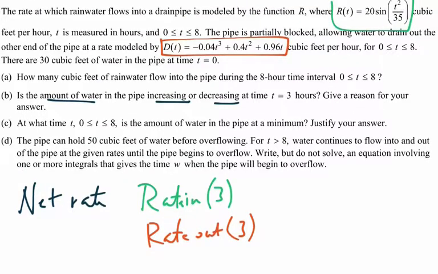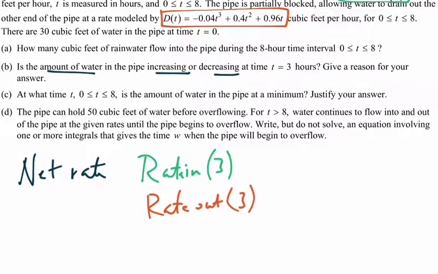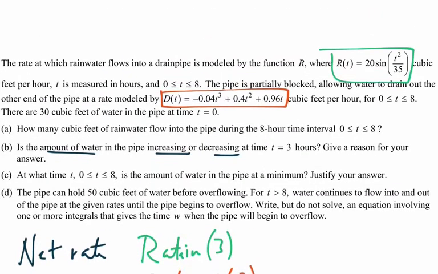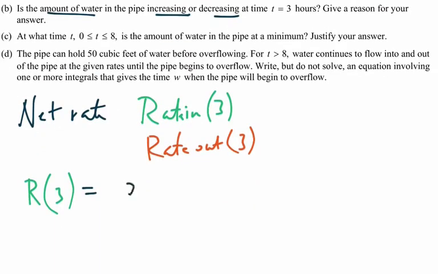Well, what are these values? I don't actually have to do any calculus. I already have the rate in and rate out equations, so I'm just going to do r of 3. Well, how do I do this on my calculator? I can actually spend the time and plug in 20 sine of 9 over 35 and do this on a calculator, or because I really just need the value, I can go to this. If you go to your graph,